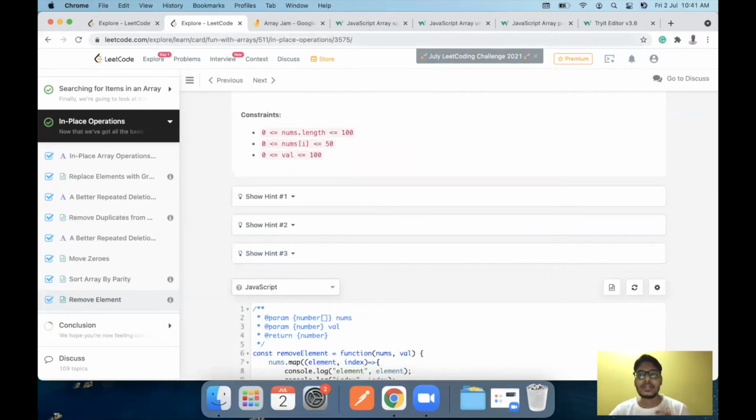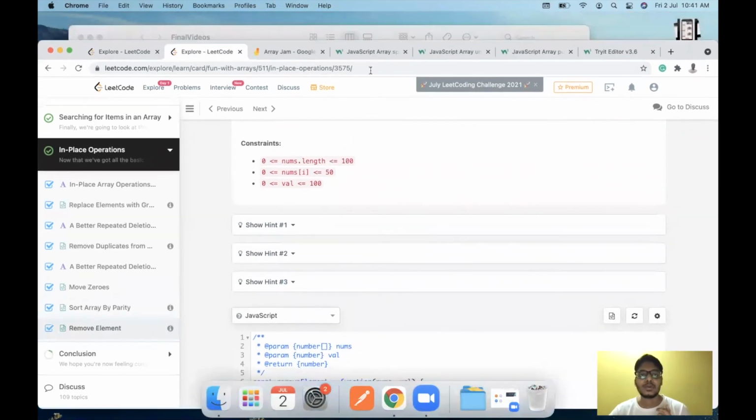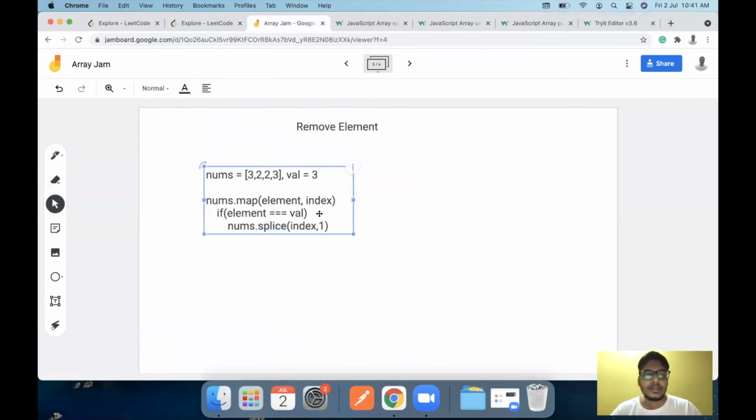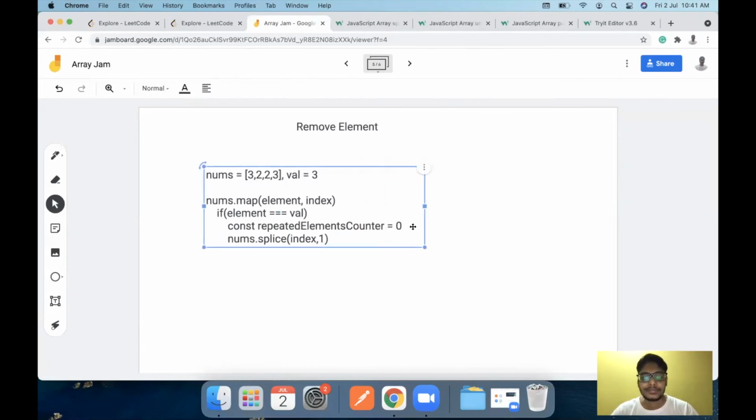Now how do we do that? For that, we come back to our array jam and we modify our code slightly. So let's come back to array jam. Now, in this case, what we do is if the element is equal to val, we initialize a counter, let's say const repeated elements counter, and we set this to 0. Okay.